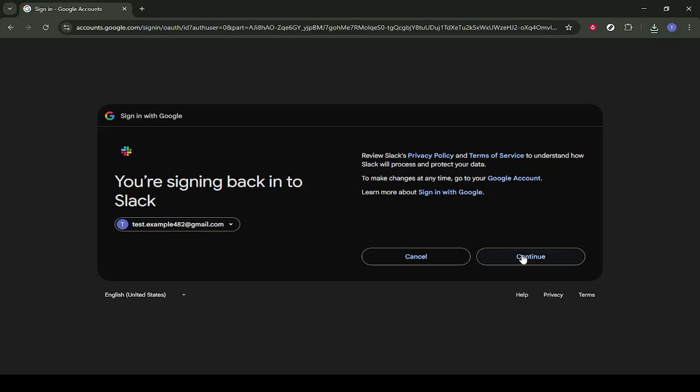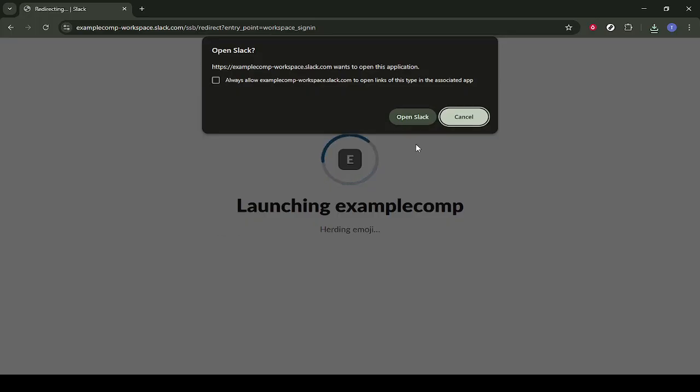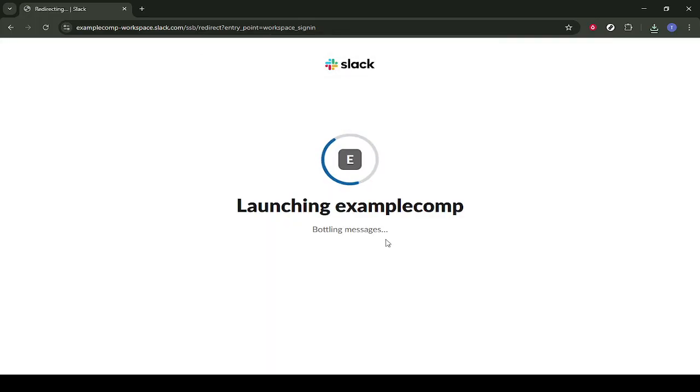After you click the Google option, a new Google sign-in window or tab will appear. Here you'll see a list of Google accounts that are already signed in on your browser, or you might be asked to enter your Google email and password. Choose the Google account that's associated with your Slack workspace by clicking on it. If you don't see it, you may need to add it by selecting the option to use another account and